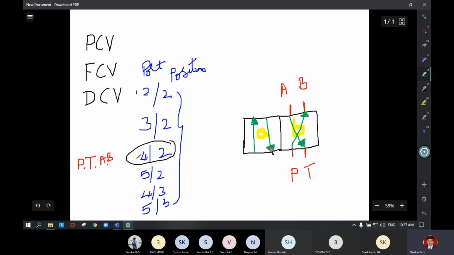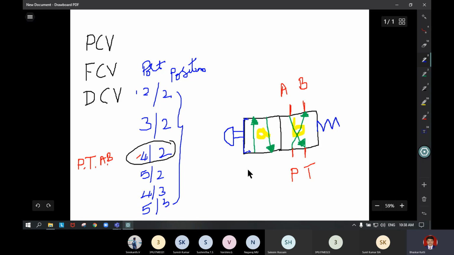So now this is the valve body without any actuation method. On this side we have to write the spring. Now on the other side we have to write the actuation method. This actuation method can be a simple push button type. Whatever I am writing in blue color is your actuation method. So it is push button type.